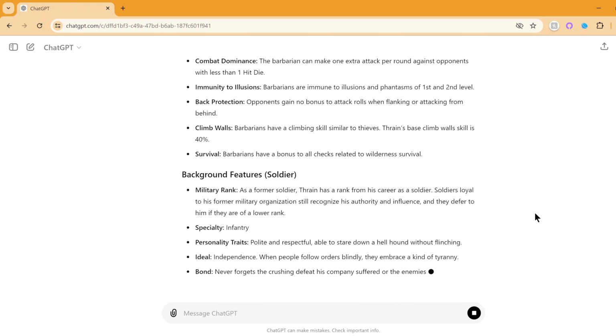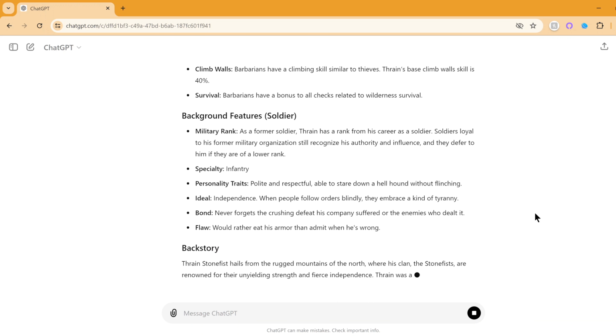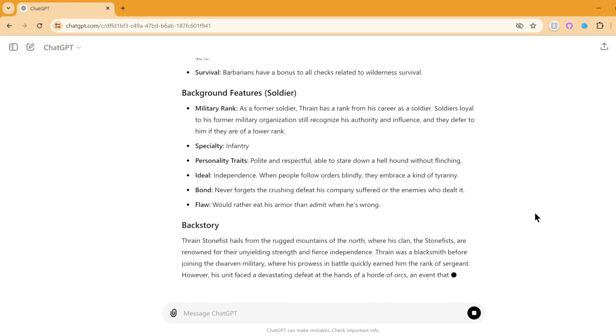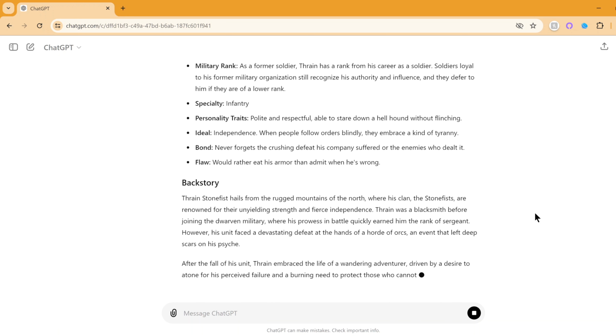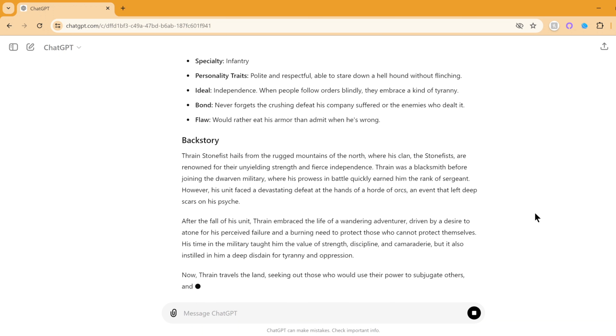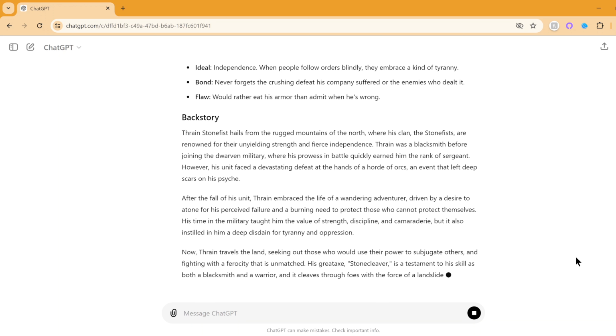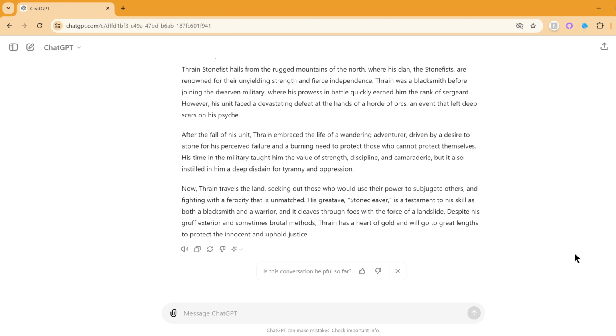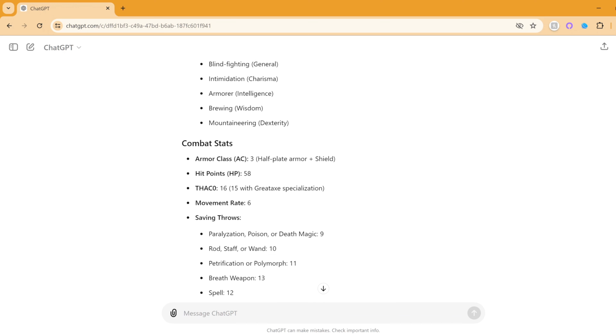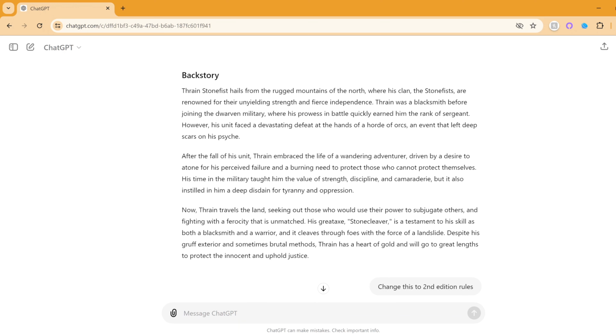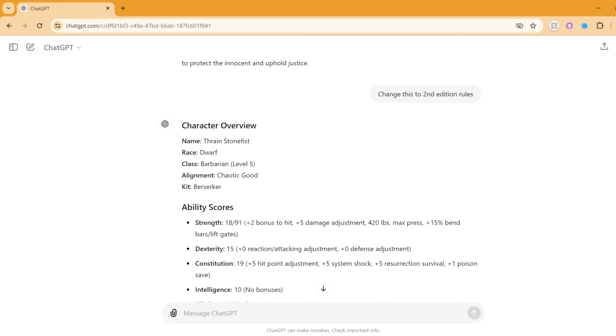Now, for any of these that you create, you may want to double check to make sure that things are correct, because occasionally when using this, I will notice that things are not the correct edition or something might be a little bit off. So I would say double check these, especially if you were planning to use this as a reoccurring character, or if you're making player characters using this for your group. I would definitely suggest referencing everything against the book to make sure everything is correct rules wise. But for the majority, when I'm looking at this stuff, to me, it looks to be accurate or very close to. I mean,